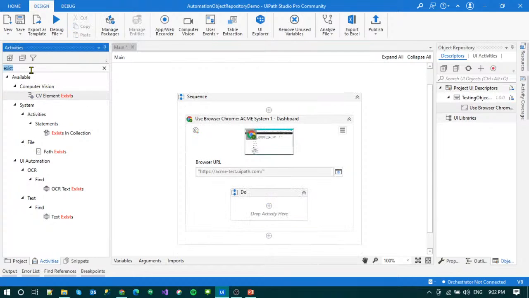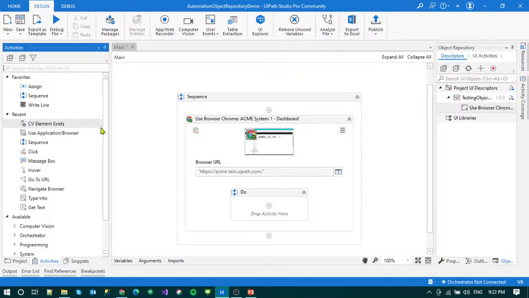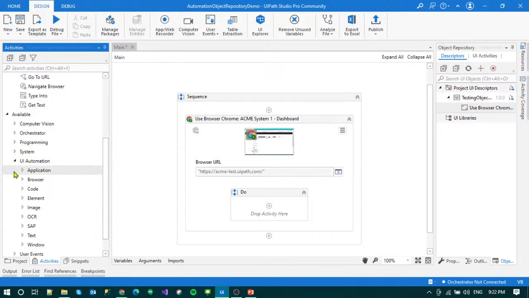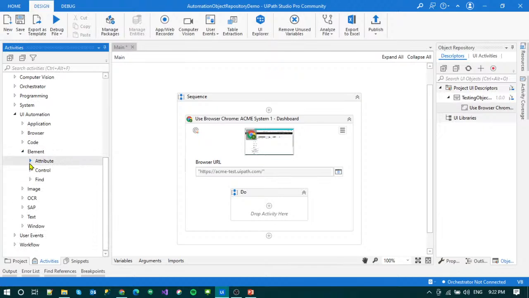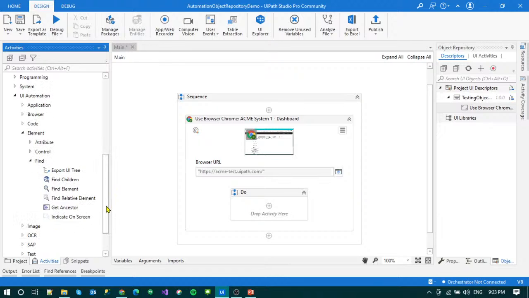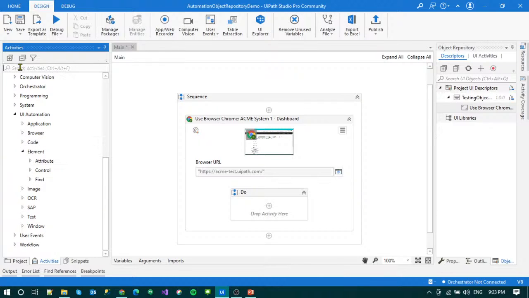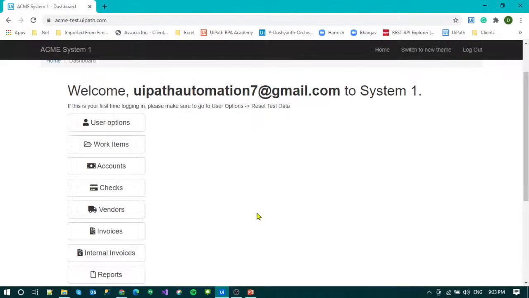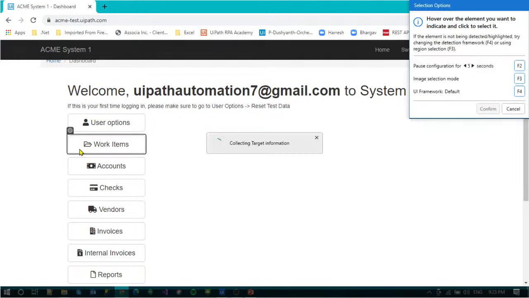So they have changed a couple of things. Explore UI tree. Okay, here I would like to click on an element saying that I would like to use click, and this click I would like to click on work items at first. So this is the work item. I would like to take this work item,